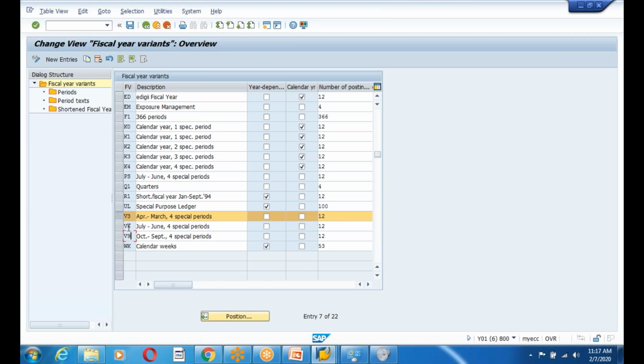V3, V6, V9 are in standard SAP. SAP already did some templates for you, the templates which we need to copy. So here we have an April to March fiscal year template, guys. I am going to copy that to my own fiscal year. So V3 is in a copy, and